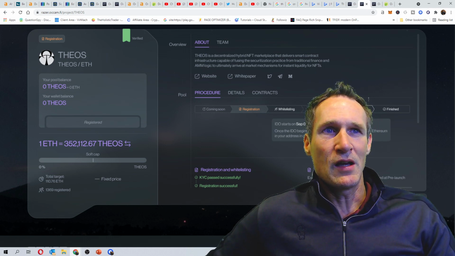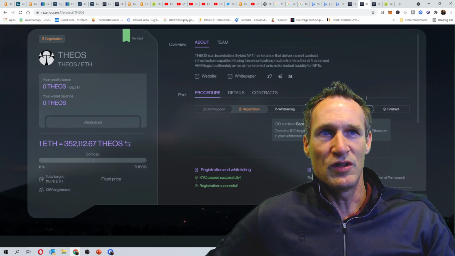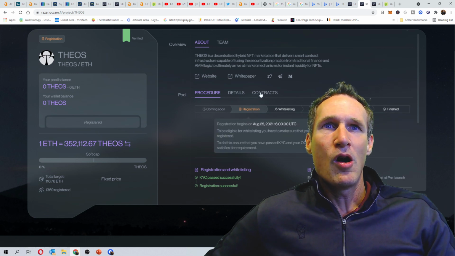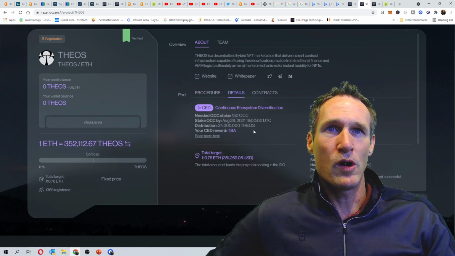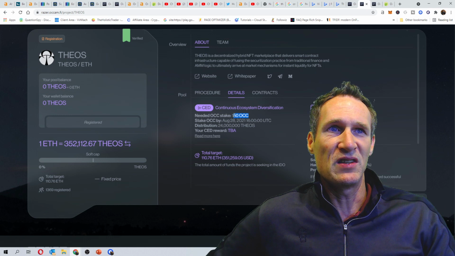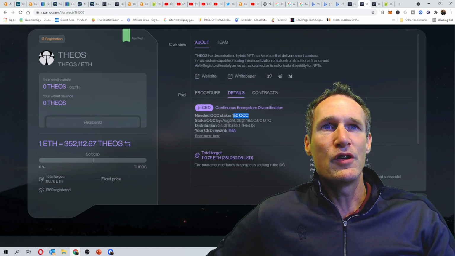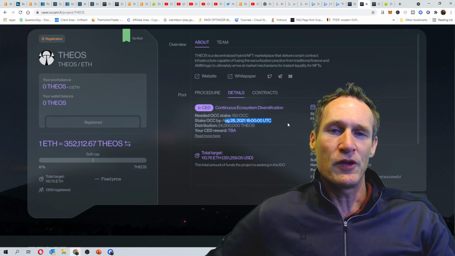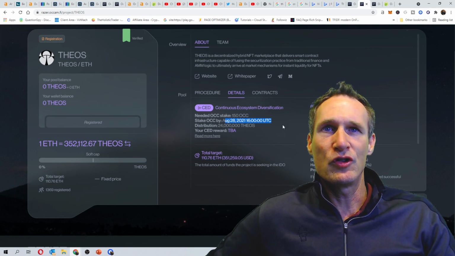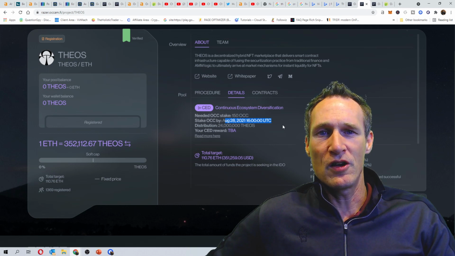And then you can see that the IDO actually starts at 1600 UTC on September 1st. All these details are in here, and you can click on the details tab, which will give you even more, and it shows what the actual distribution is. So you need at least 150 OCC to stake. You can see what you would have to stake in order to get CD rewards, which was August 28th. So if you're watching this video now, you're too late to get CD rewards for Theos, but you still can